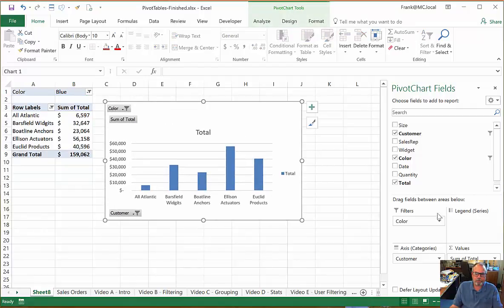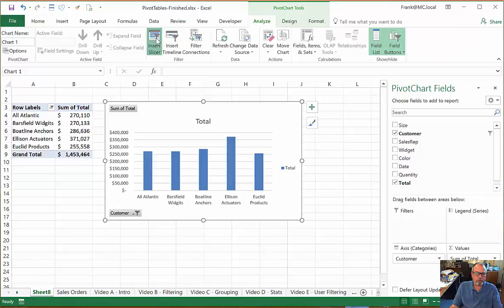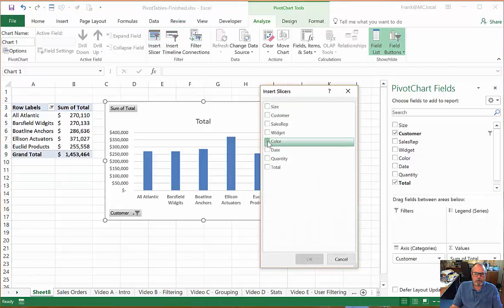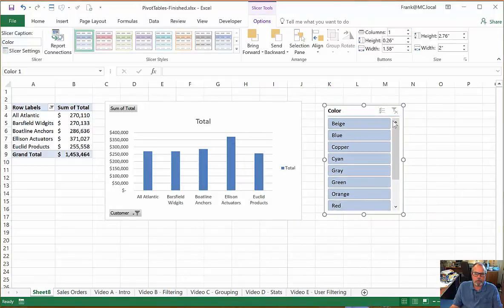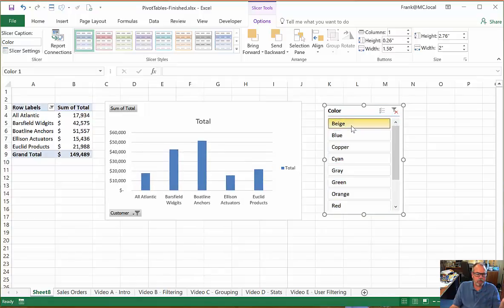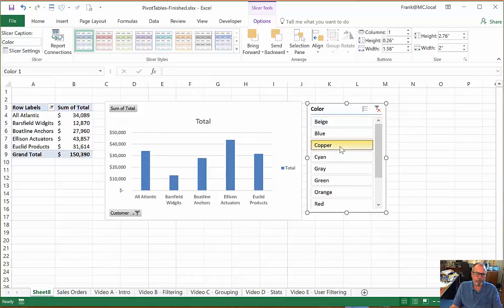I can add a slicer. Let's get rid of that filter. And excuse me, let's add a slicer on color. So I'll drop this in and select color and click on OK, and I get a slicer over here. And now I can just see beige, for example. Again, nothing's showing up on the chart, so you need to have the slicer nearby for people to see what's going on. If I want to see just copper,